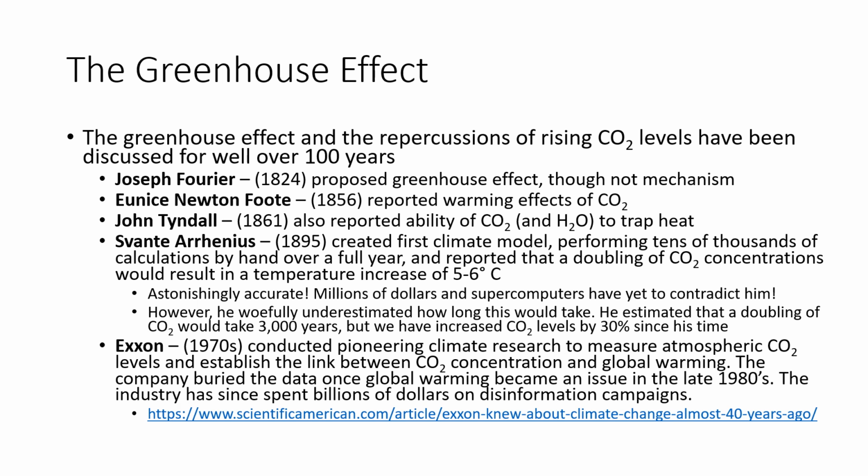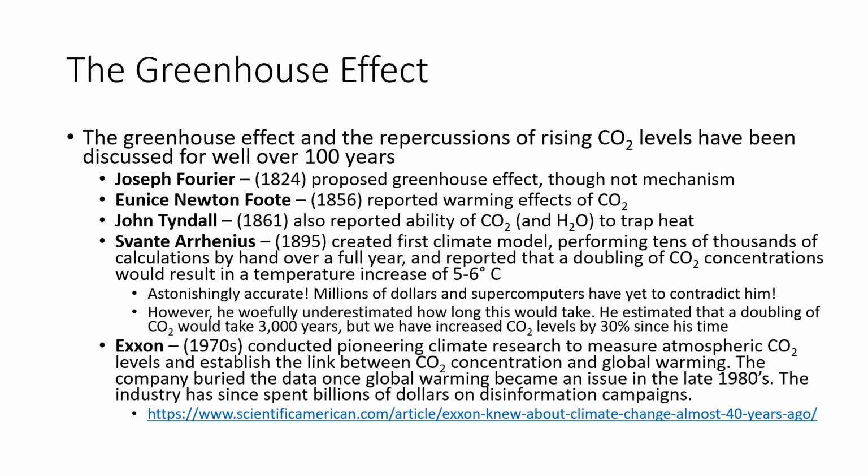And his calculations said that it should be about 30 degrees Celsius colder than it actually is. Well, what's keeping the Earth warmer than 30 degrees Celsius colder than it otherwise would be, where the entire planet would be frozen over? Well, he proposed that it was the atmosphere, and he proposed the greenhouse effect. He didn't have a mechanism for it. He didn't know how it worked, but he